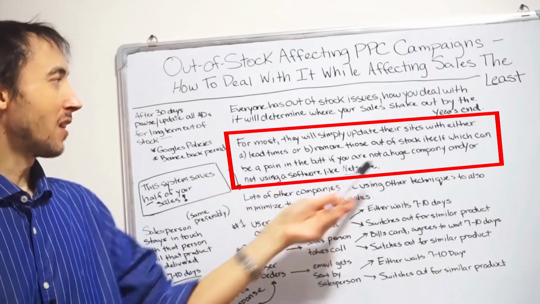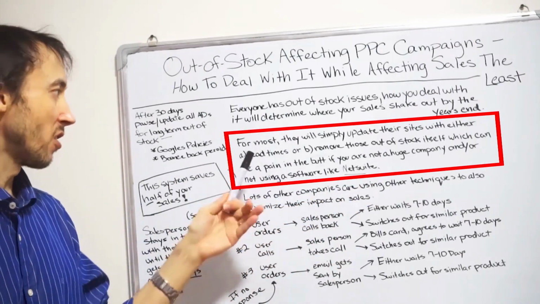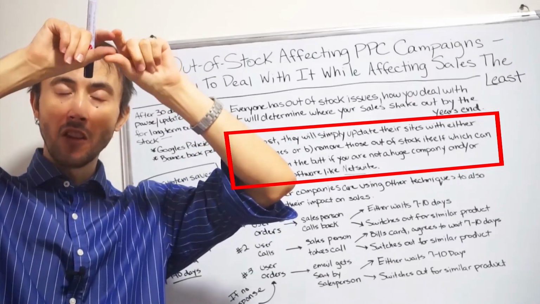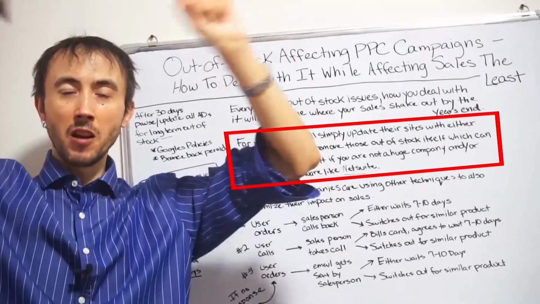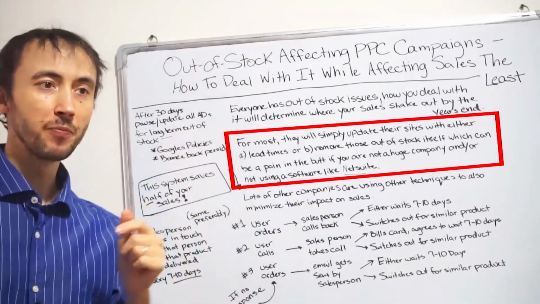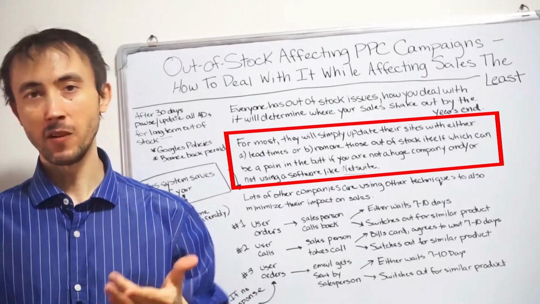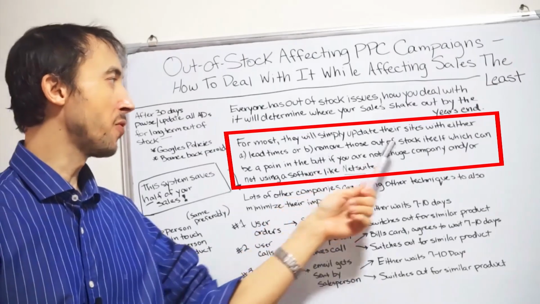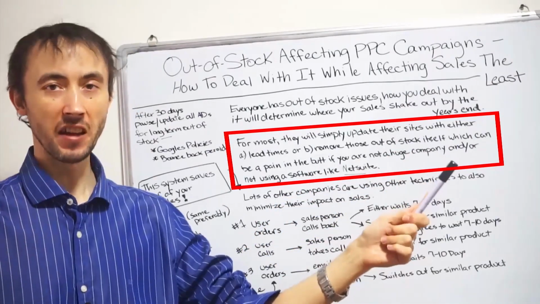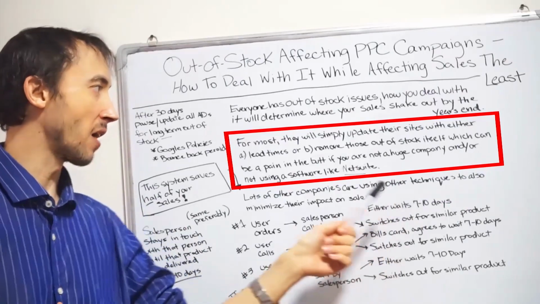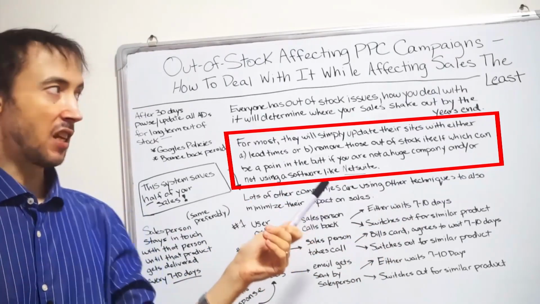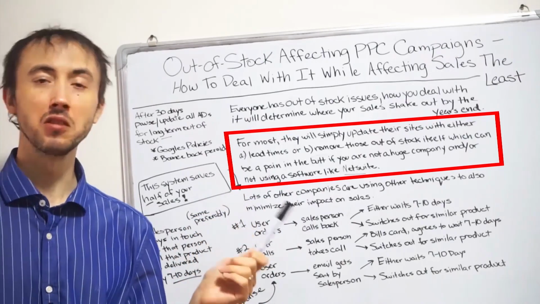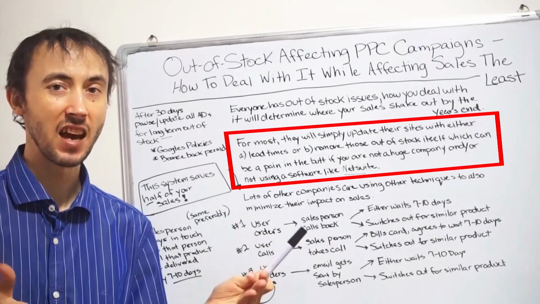For most, they will simply update their sites to deal with out-of-stock issues. They'll put up lead times, maybe with what's sometimes called a hello bar at the very top of the screen, the very top centimeter, saying lead times are 7 to 10 days, whatever. Or they'll remove the out-of-stock items themselves, or variants of those items, colors, sizes, whatever, from being seen in the first place, which can hurt your sales the most, obviously, because there are some people that just won't buy if you don't have it in their exact size.